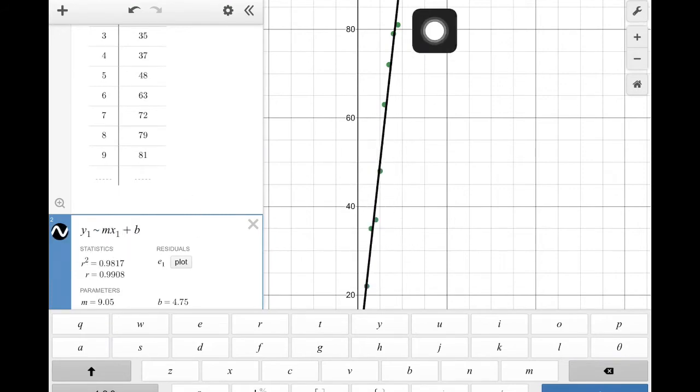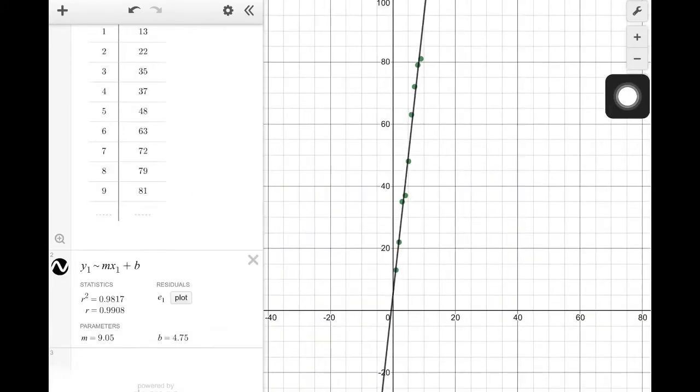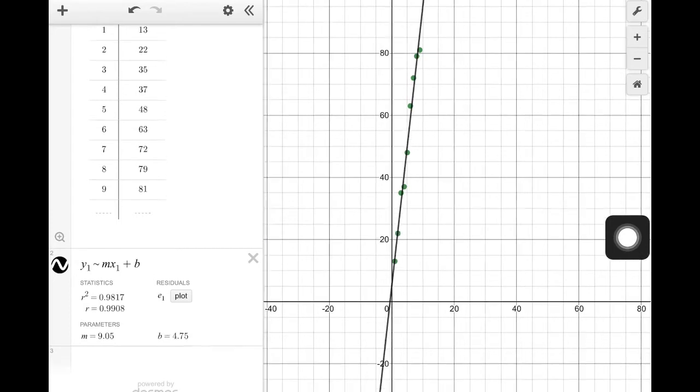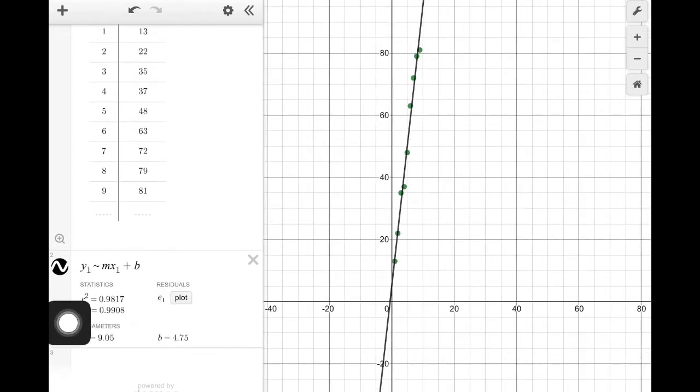And if you see here, it gives you the line. It graphs the line of best fit for you. And it gives you what the equation is down here. We can see that the slope is 9.05, and the b value, the y-intercept, is 4.75. So,